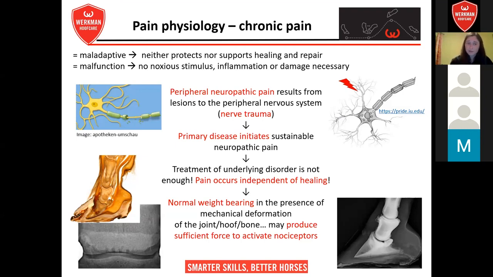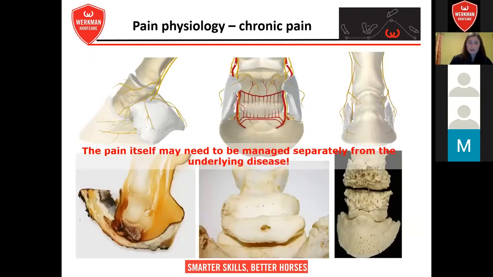And it can also start if you don't even have a painful stimulus. So sometimes just a mechanical stimulus, if you're touching something, or if you try to hammer a nail in the hoof, or the horse is just walking, this is enough in such cases to have a painful feeling. So actually, the primary disease is not responsible for the pain feeling anymore. This is actually just a pain independent from any healing status or any primary disease. In these cases, if you have, for example, arthrosis or navicular syndrome or laminitis with bone loss, all these horses,